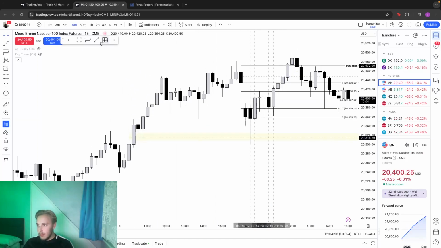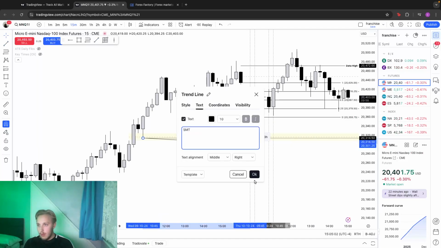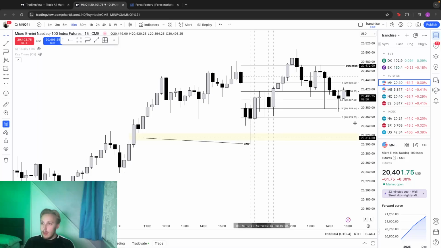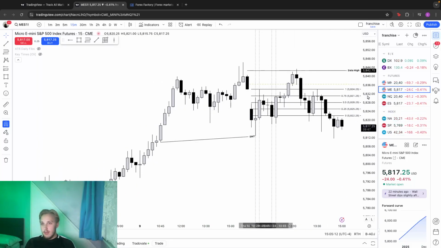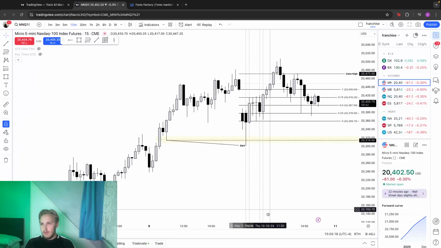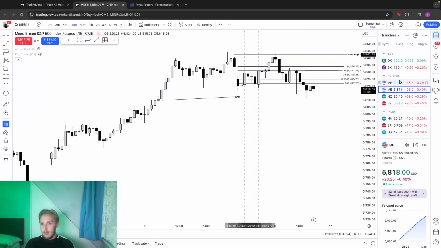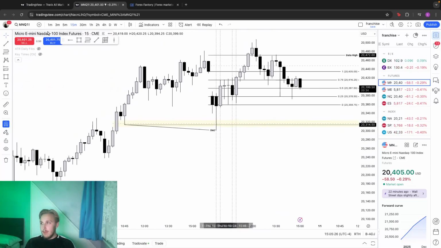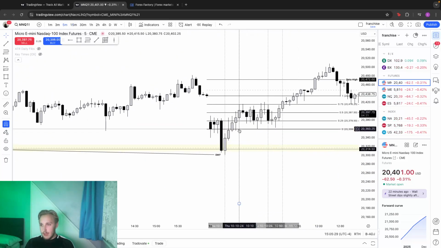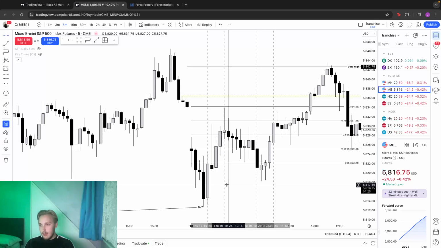Go to NQ, we'll mark that SMT. So the better trade to take longs from would have been ES, because it's showing less need to be bearish to come down and sweep this low. Both made that data high, and in this case it did look like NAS moved a bit more, but what I talked about with that 5-minute candle right here, you wouldn't have got an entry until after macro, but with ES we had a smaller